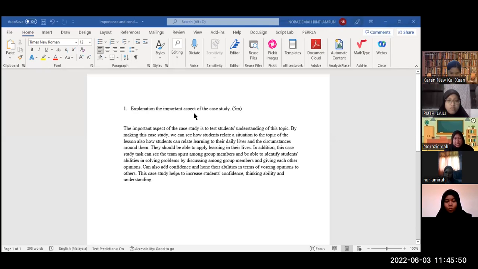In addition, this case study task can show the team spirit among group members and identify students' ability in solving problems by discussing among group members and giving each other opinions. It can also add confidence and hone their abilities in voicing opinions to others.